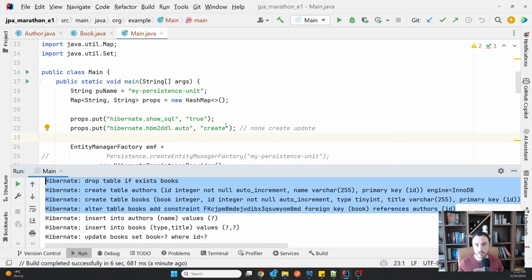In a real-world application, you want to know exactly which scripts have been run, and the exact order in which they have been run. You want strong control over the structure of your database, and Hibernate is not made for that and does not provide you that.